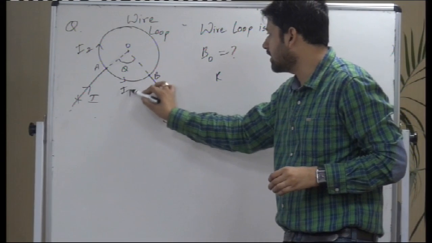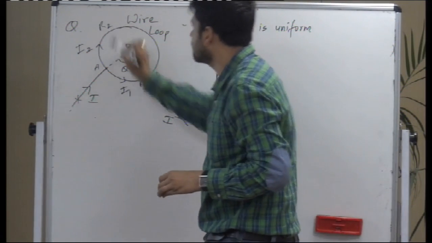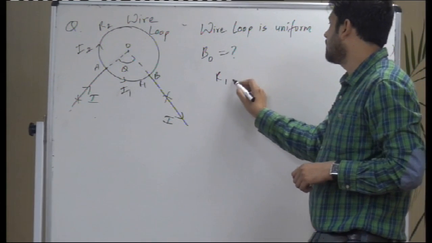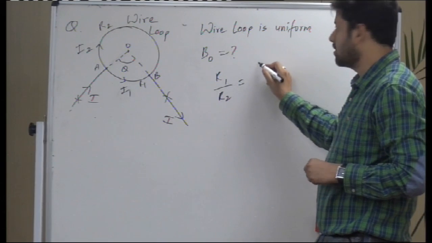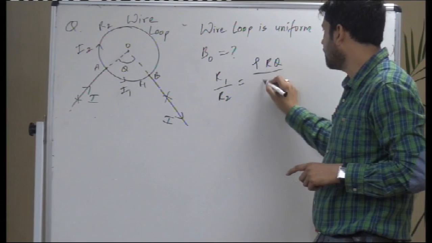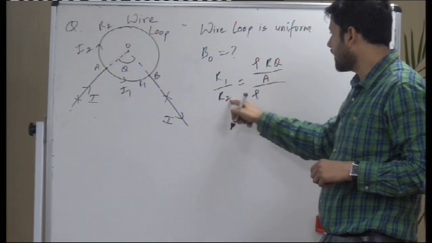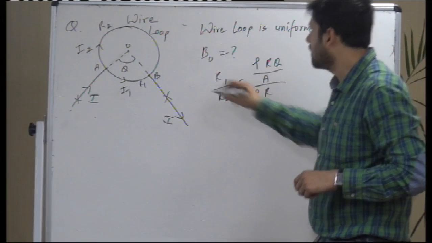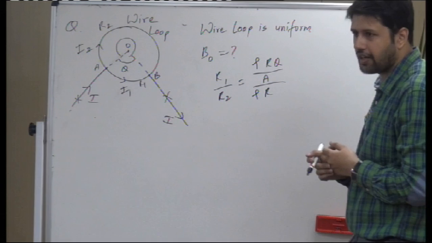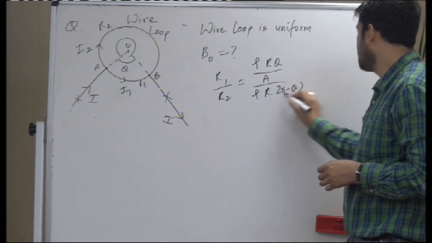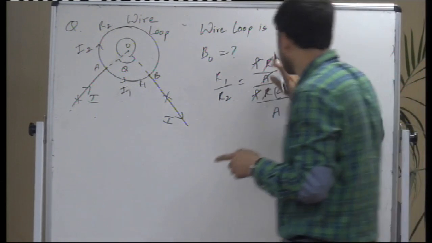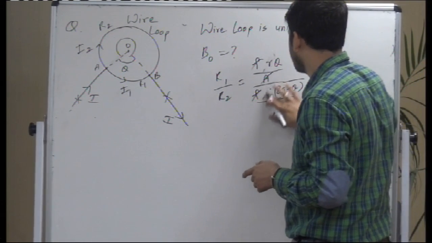Let's say this portion has resistance R1, this has resistance R2. The ratio R1 upon R2: resistance is rho L upon A. L would be r theta, upon area. For the second portion, it would be rho, and the angle would be 2 pi minus theta, so the length of arc would be r into 2 pi minus theta, upon area. So everything cancels. Let's take small r as the radius because it may get confusing